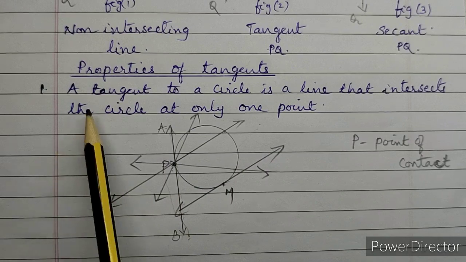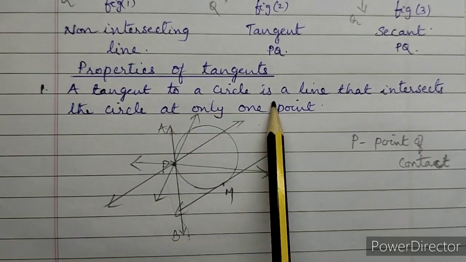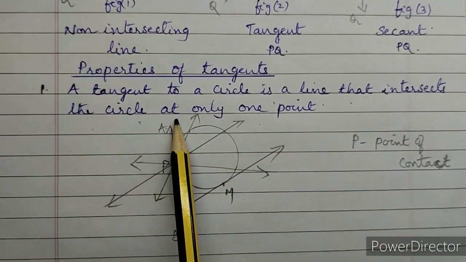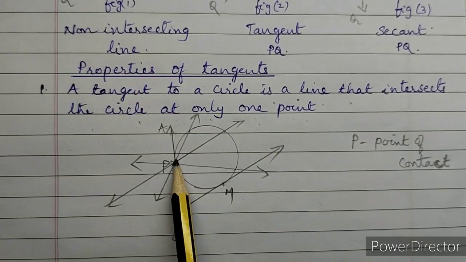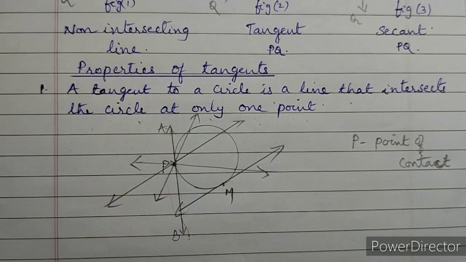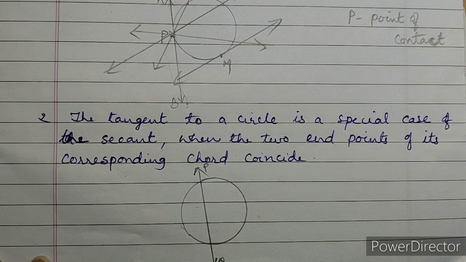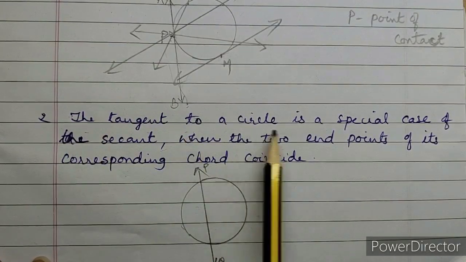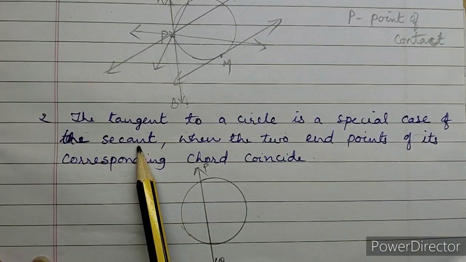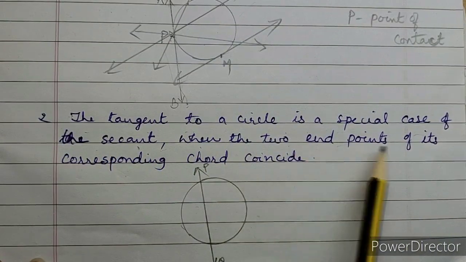So this is the first property. A tangent to a circle is a line that intersects the circle at only 1 point. And through 1 point, only one tangent you can draw. Second property is, the tangent to a circle is a special case of the secant when the two endpoints of